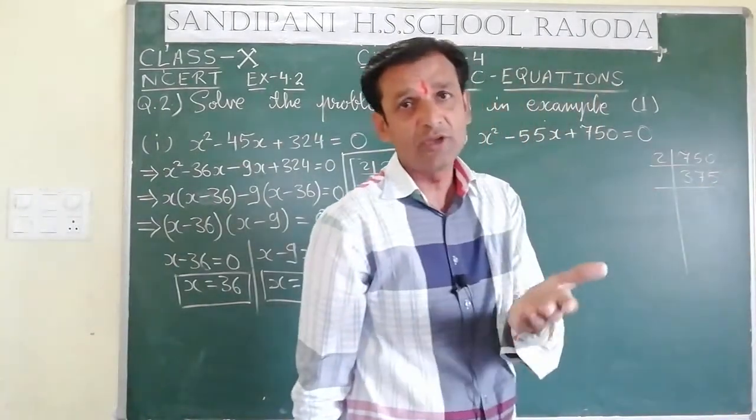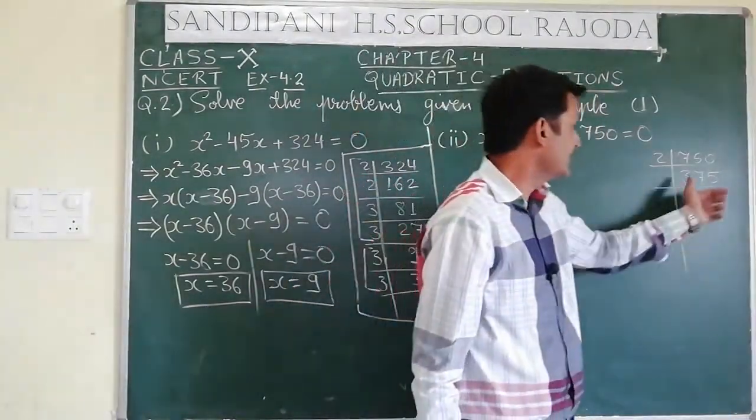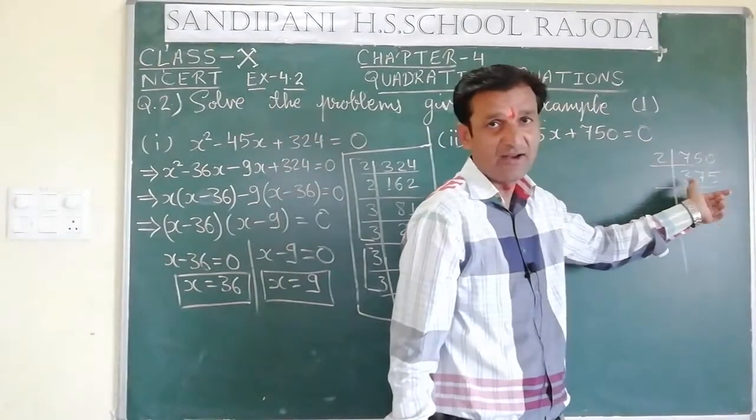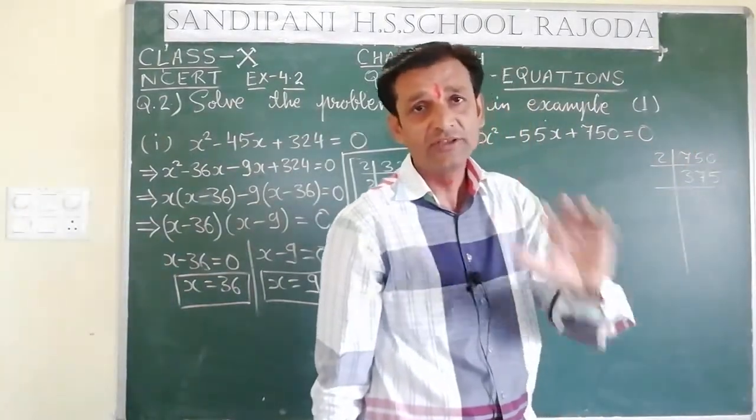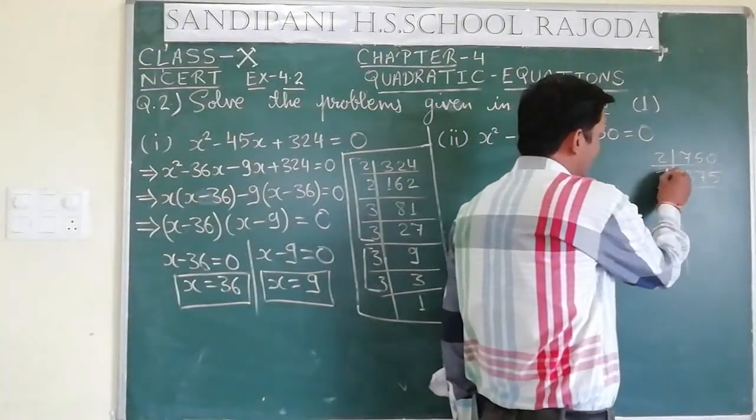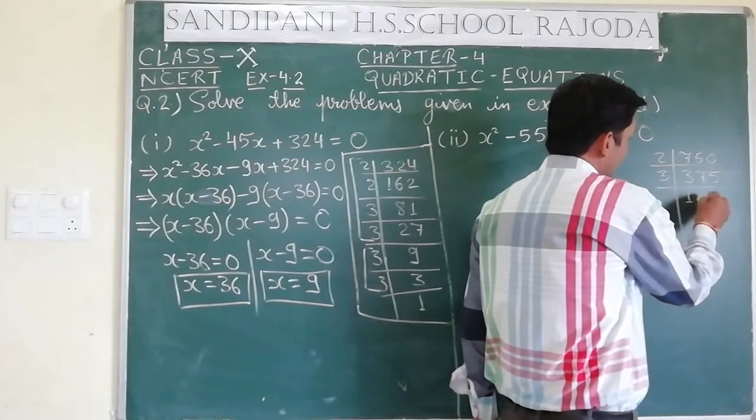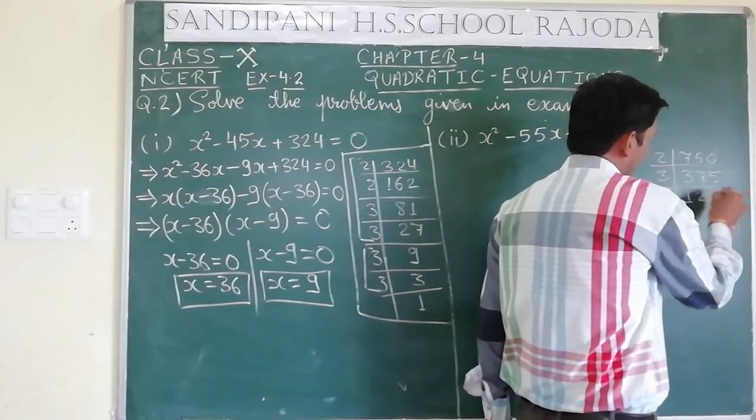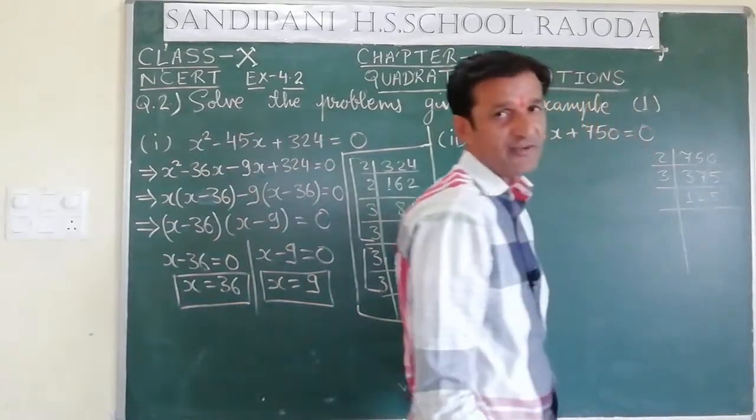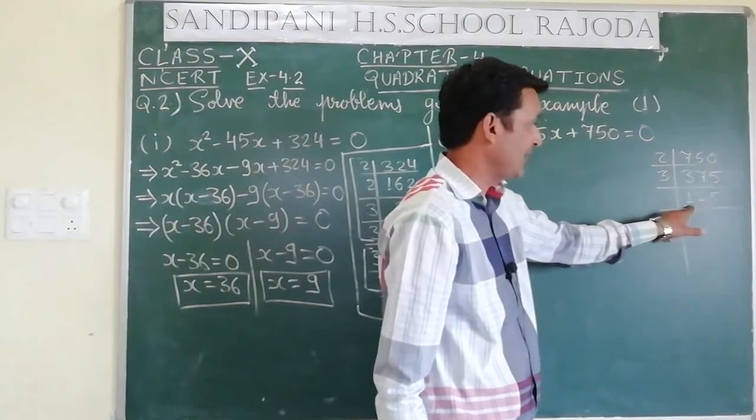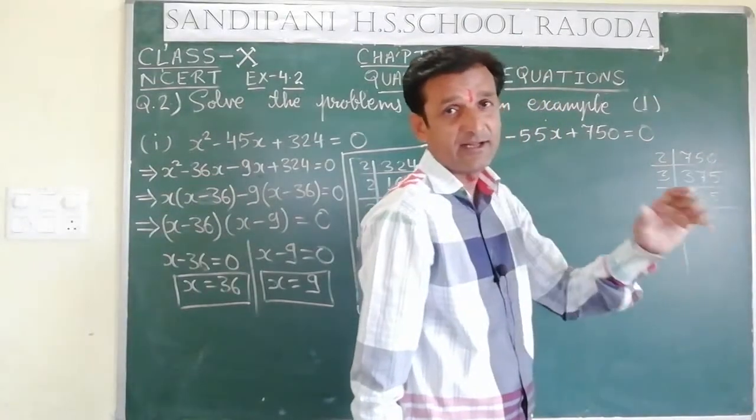Let's check the divisibility by 3. 7 plus 5 is 12, 12 plus 3 is 15, 15 comes in the table of 3. So it can be divisible by 3. We have to divide it by 3 now. 3 1s are 3, 3 2s are 6 and 3 5s are 15. Now 5 plus 2 is 7, 7 plus 1 is 8, 8 does not come in the